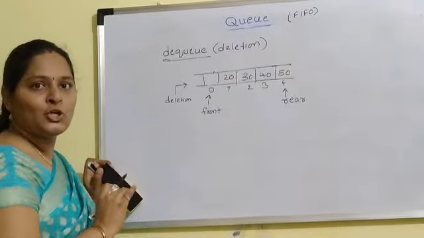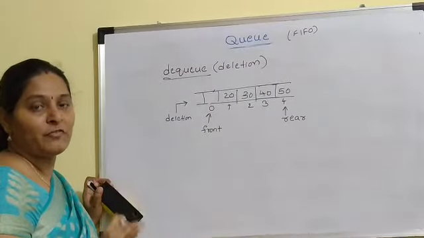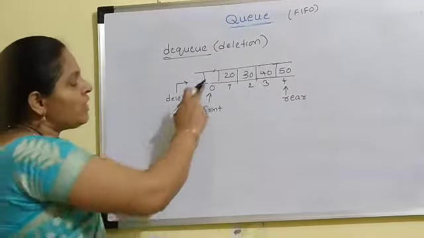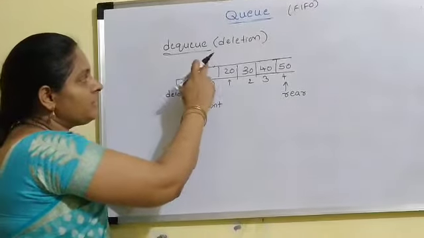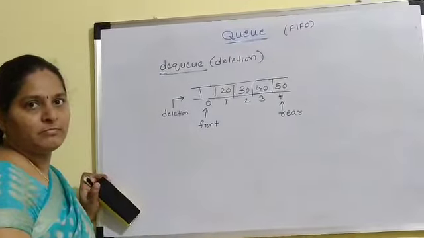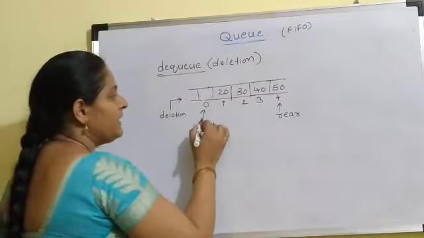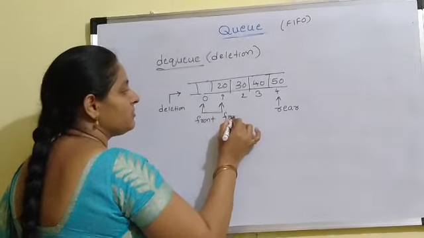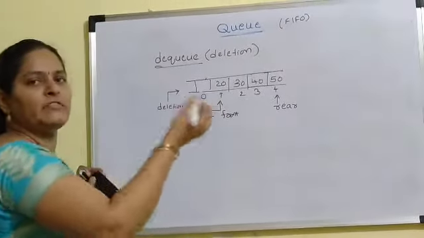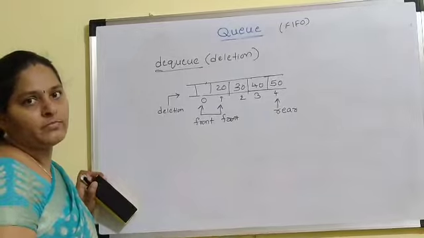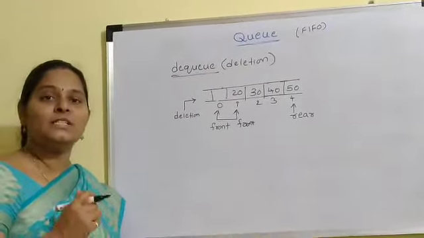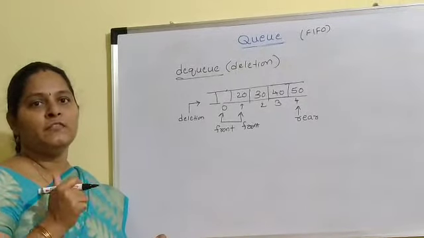So front should not point to the empty location. Front always points to the front element of the queue. Now after deletion of 10, 20 becomes the front element, right? That is the reason why we need to move the front pointer to the next position, or we can also call it incrementing the front pointer by 1. So while performing the deletion operation, what are the steps we need to follow? First we need to